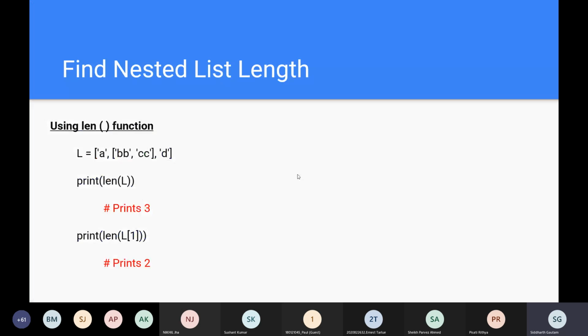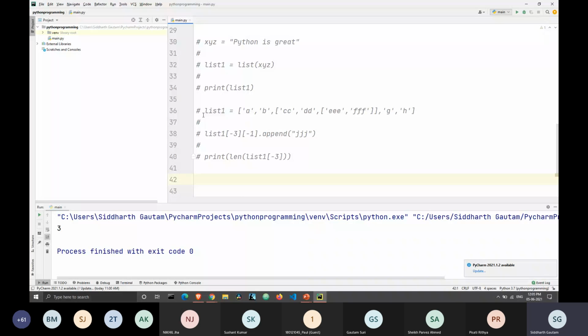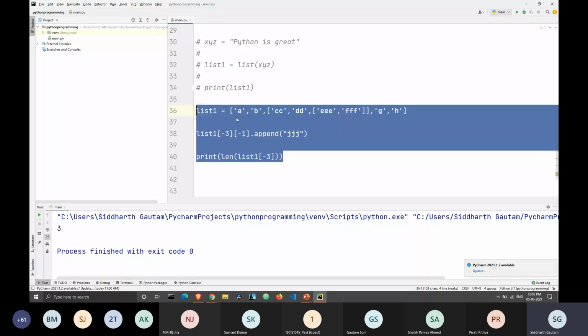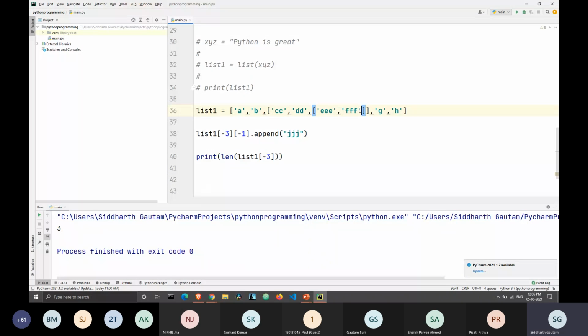Excuse me, sir. Yes. So what if we have two same elements in the nested list and the outer list, and I want to replace the outer element without changing the nested element? Can we do it? Okay, let's take a look. Let's just do it for this list. Let's say we have an element here of G, and let's take another duplicate here, which is also G.